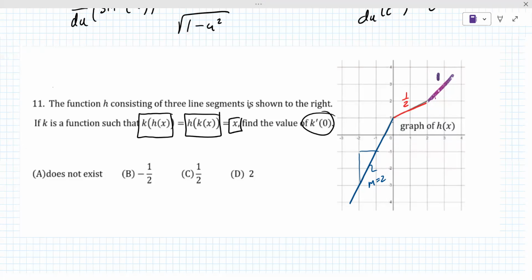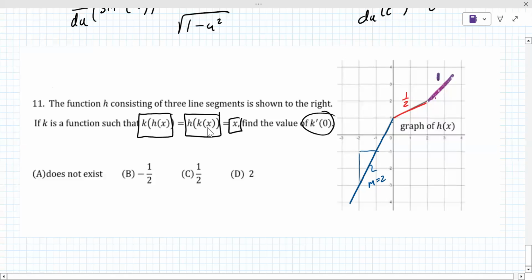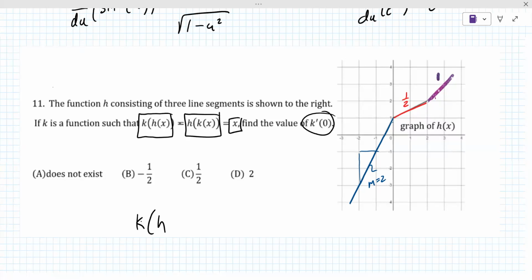The reason they're telling you this, that's a side point. They're telling you this for a different reason. Come back to that. So your derivative of k of h of x is the derivative of the outside function, keep the inside function,